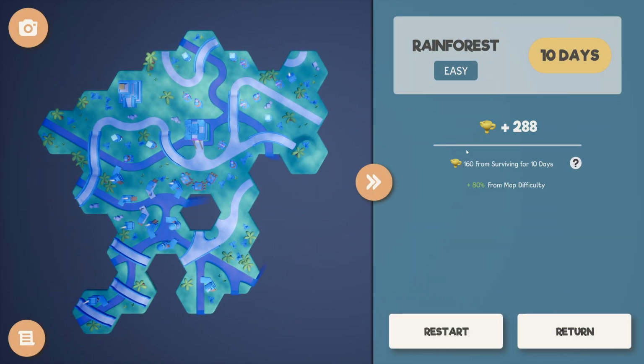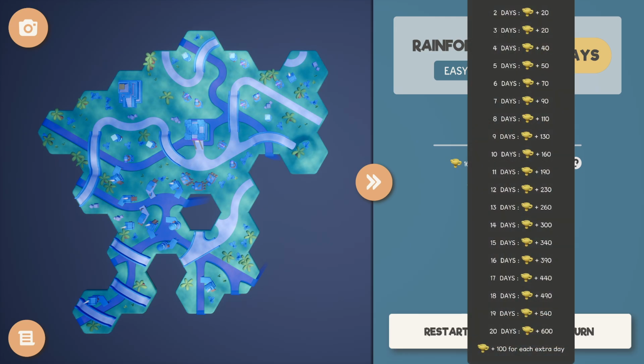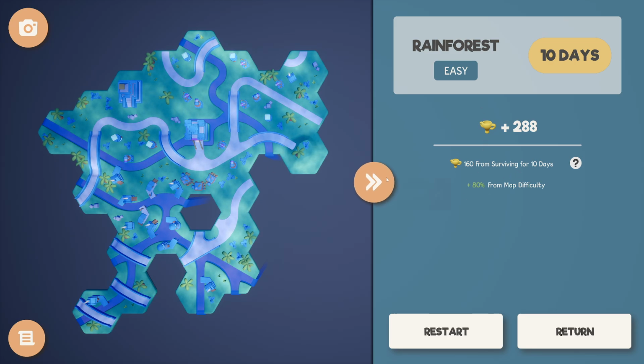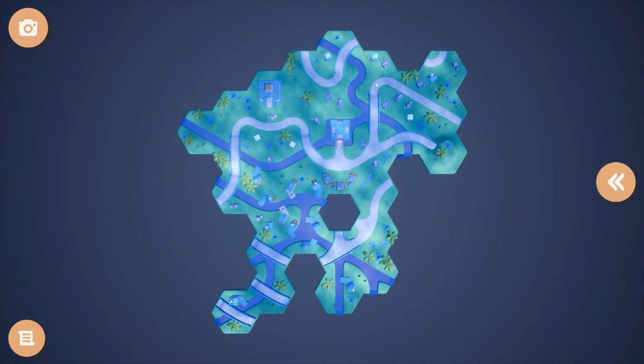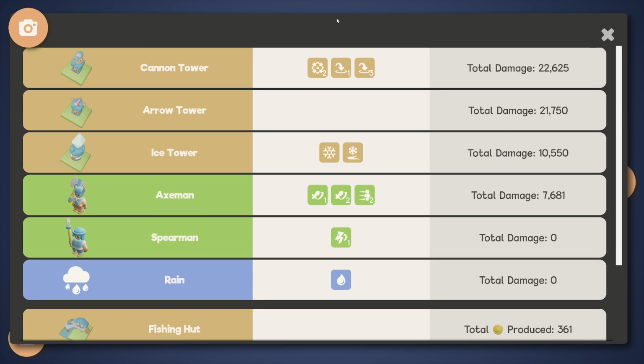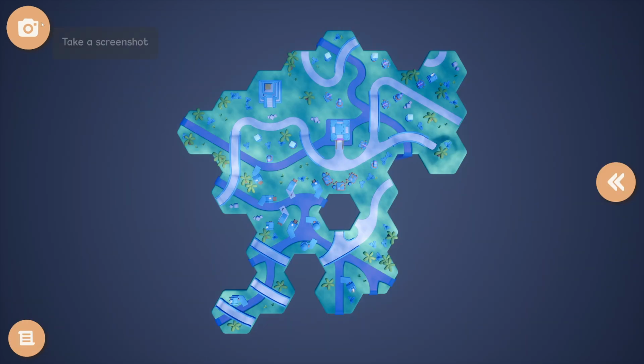Yep. So I get 160 trophies for surviving X number of days. Okay. And then plus 80% for map difficulty. Now, because this is the easiest map, it might have been that I made it more difficult for myself. Hey, check it out. I can look at the game statistics. Oh, what damage each one did? Yeah. Okay. Cool. I can take a picture,